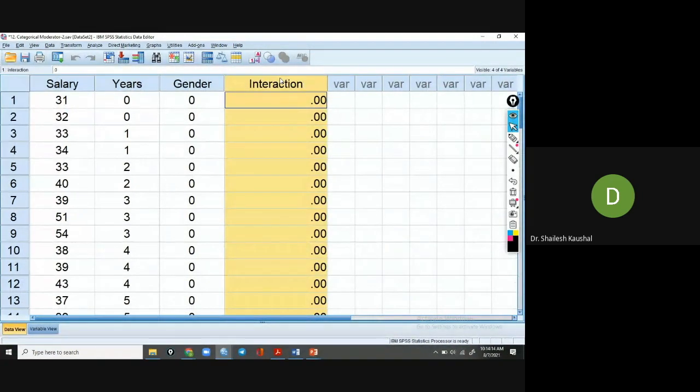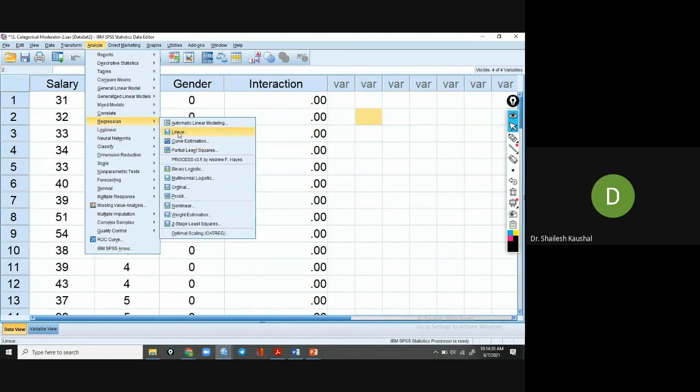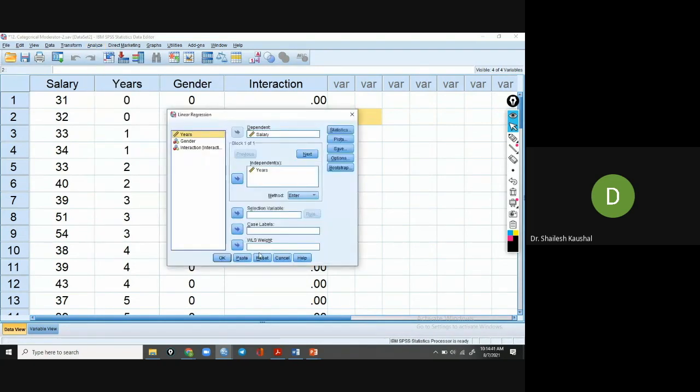Okay. Now we will simply use multiple regression analysis to understand whether this interaction effect is working or not. Okay. So Analyze, then Regression, and Linear, and after Linear, salary is the dependent variable, and all three variables, years, gender and interaction.